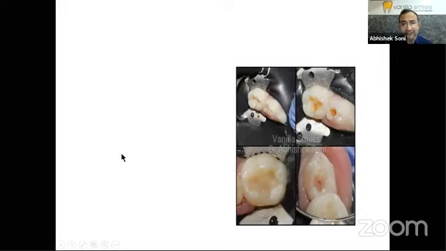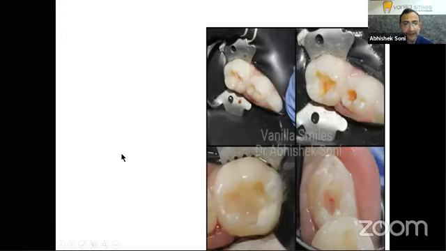So you can see 75 and 74, non-selective removal. You had a pulpal exposure with 74, and you can see the shadow of the pulp in 75. However, there was no carious pulpal exposure with 75.